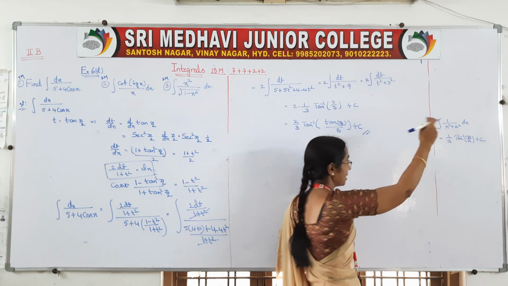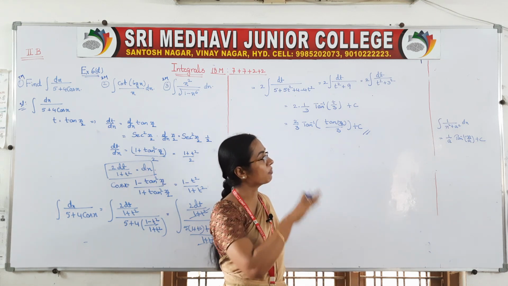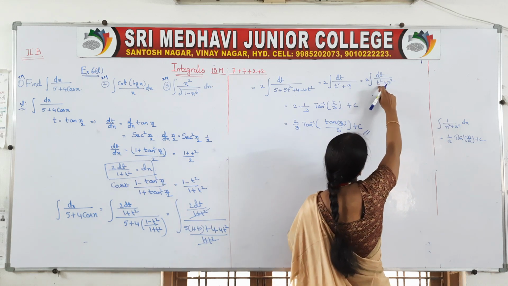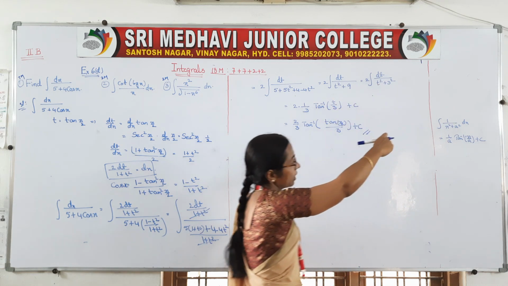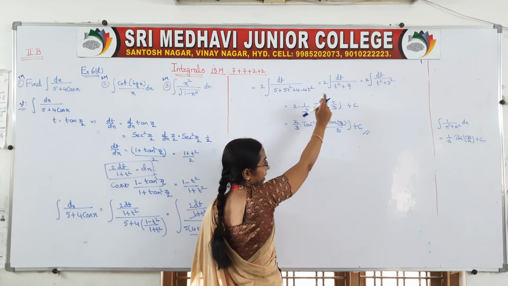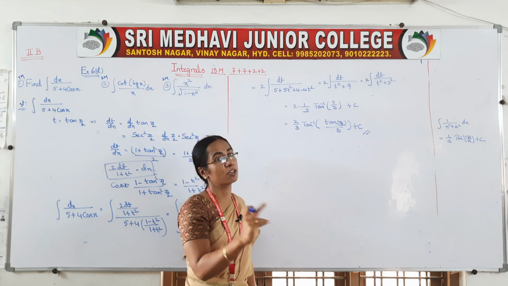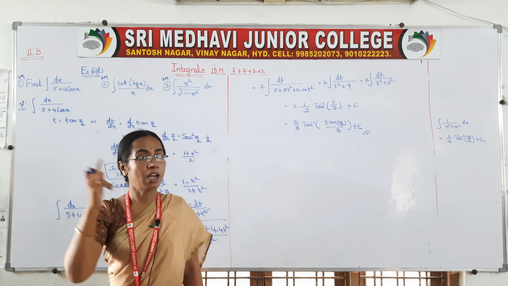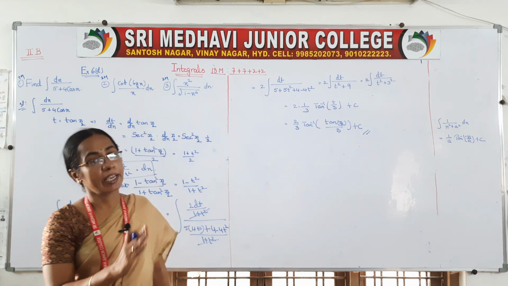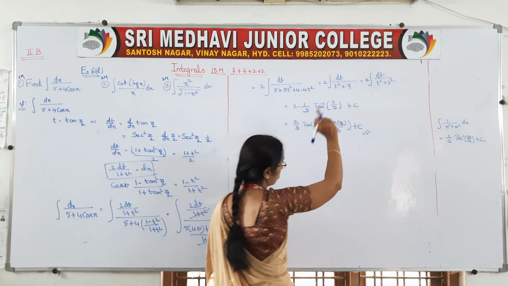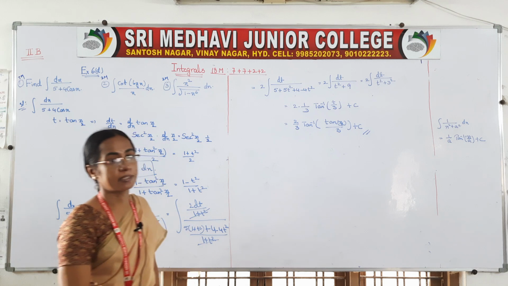Here x is there, actually all formulas are in terms of x. X means general value. Instead of x we are having t here. So wherever in that formula x is there, we will take t. But the answer does not stop with the t, right? The question is with respect to x. Your answer also must be with respect to x only. So in t's place you substitute your value. That will be your answer.